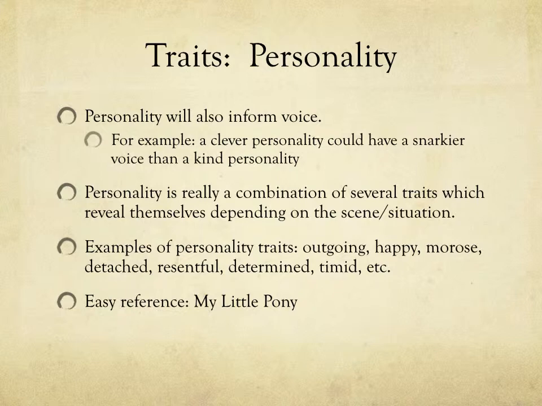The best characterization is the ones where it comes through in their word choice and the voice. And one of the easy references, if you watch My Little Pony, each of the ponies is very different. Twilight Sparkle is very intellectual, and it comes out in her word choice, and she says very smart things, whereas Rainbow Dash is very adventurous, and she runs off into danger and those kinds of things. So just think about how your characters react. That's going to dictate their personality.